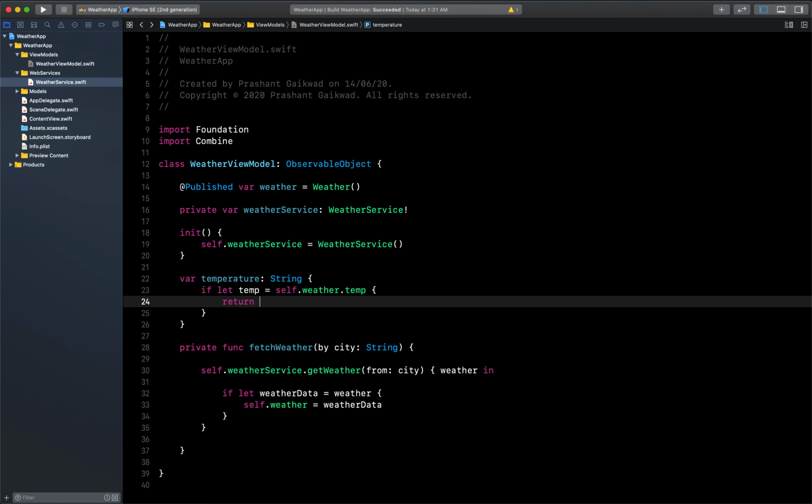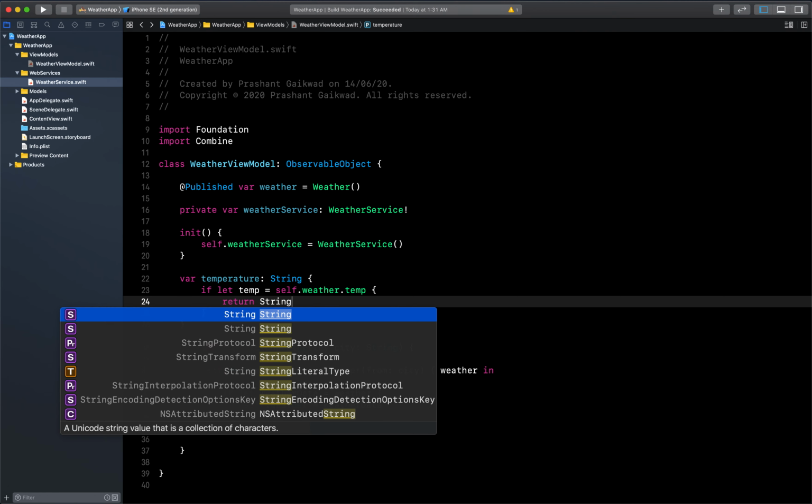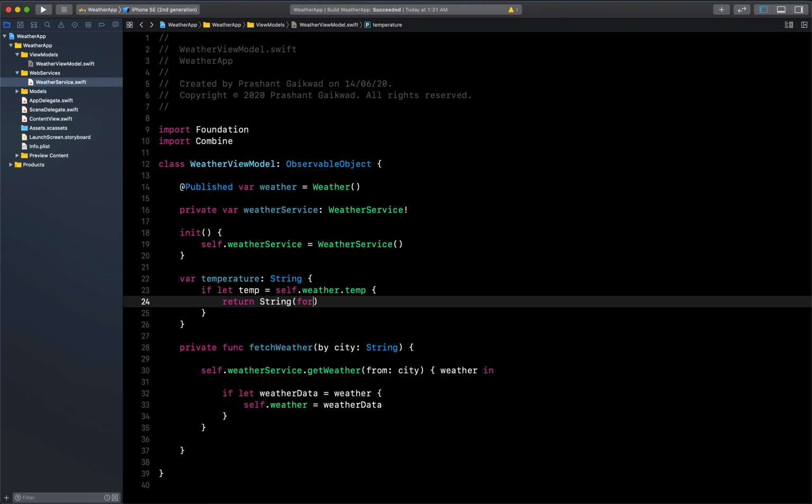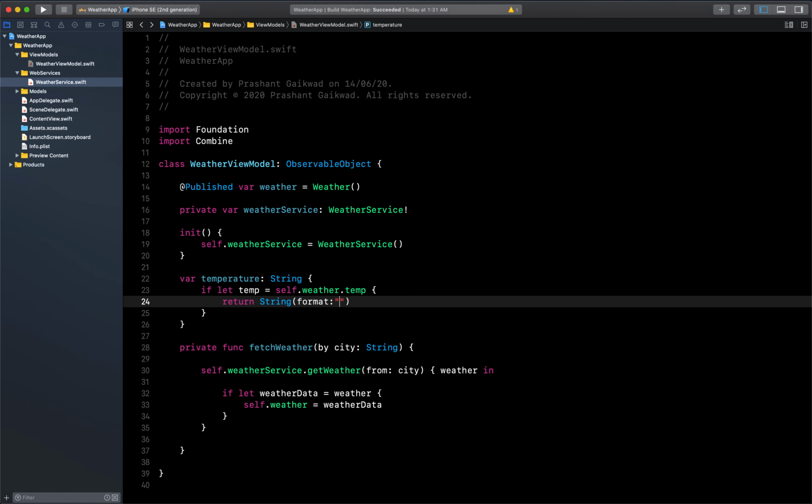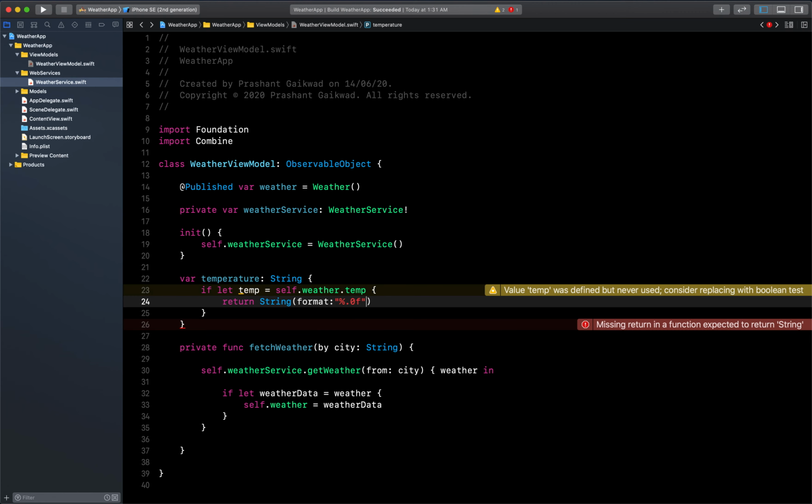But before returning it, we need to format it properly so that it will look good. So what we can do is use this formatter, which will be like this, %0.0f, from temp. So this is how you will get the temperature.